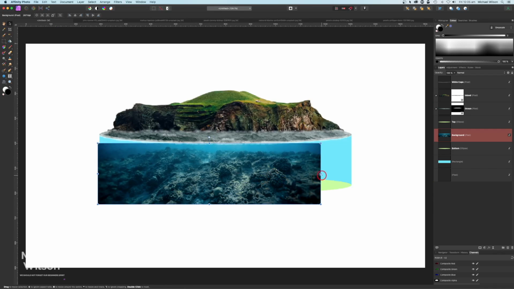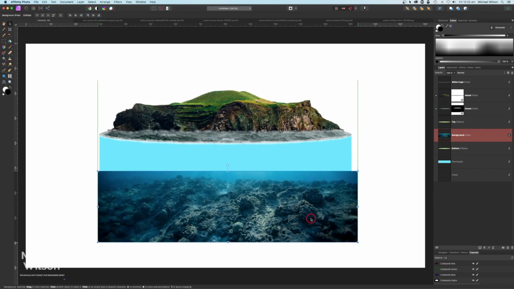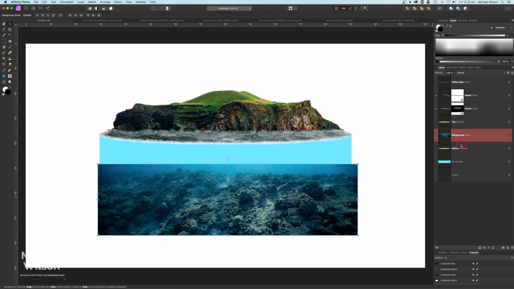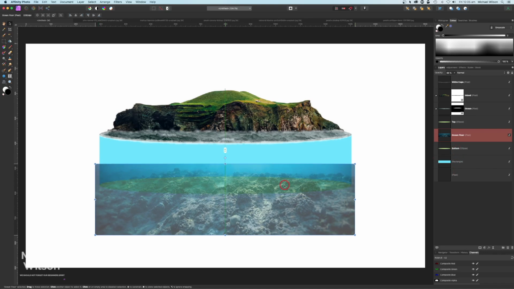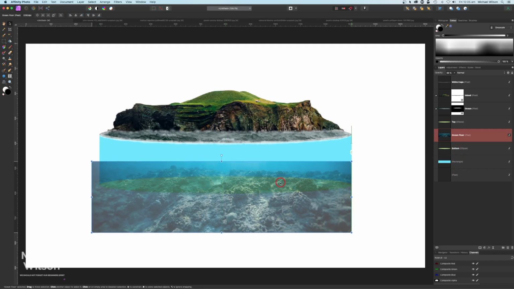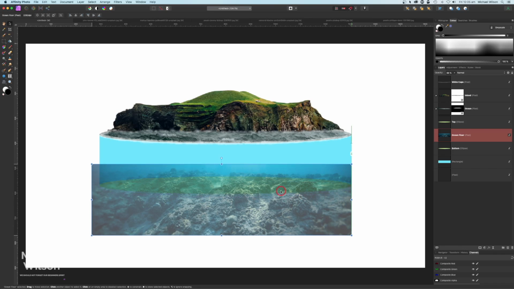And again, we want to stretch that all the way out. Again, what we're going to do with this background, so let's call this ocean floor, let's change the opacity. So we can again see our little green bottom here. And then we're just going to position this where we think it will be good. And what we're trying to do is make sure we've got some of these rocks all the way over covering this green. So I'm just going to bring that down a little bit to about there. Clicking on the bottom,